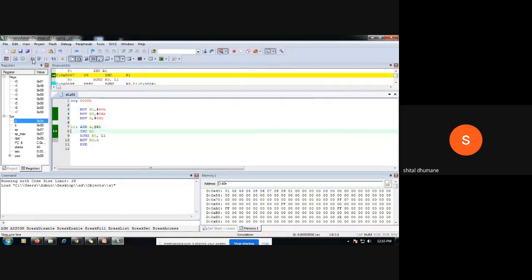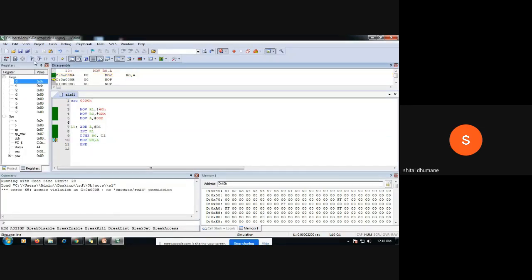Once it becomes 0, your data in accumulator is 2E. See here, I have stored accumulator contents. This last result 2E, I have moved in R0. You can take another register. So here in R0 2E. Lastly, total result, total addition will get added, and that result you are moving in R0.